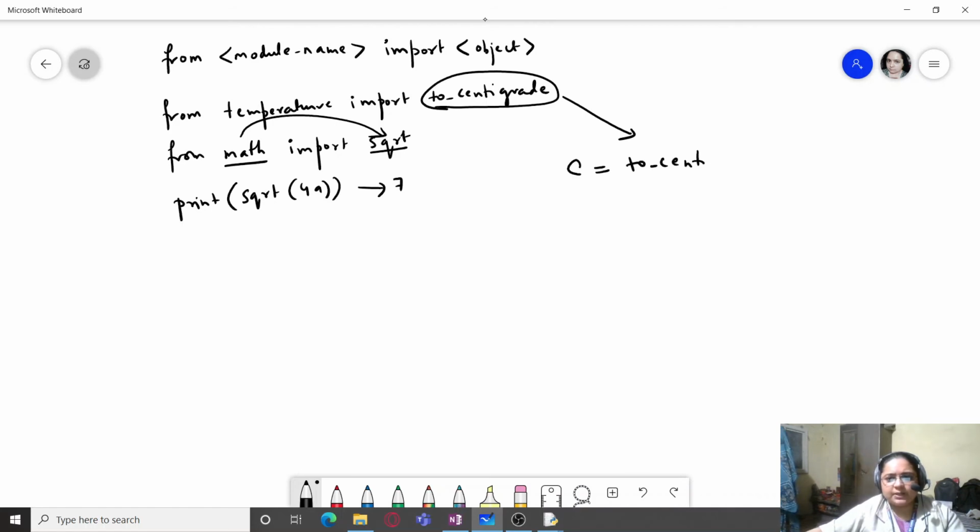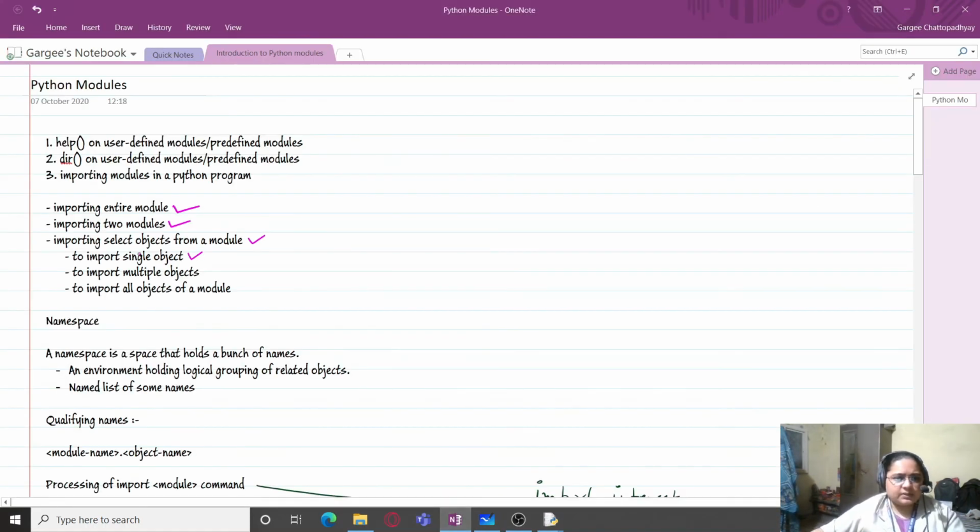So I can write to centigrade 49.3, where 49.3 is the temperature in degree Fahrenheit, and I am converting it into degree centigrade. So I can simply use to centigrade without any qualifier before it. So that was the first one, that is to import a single object.